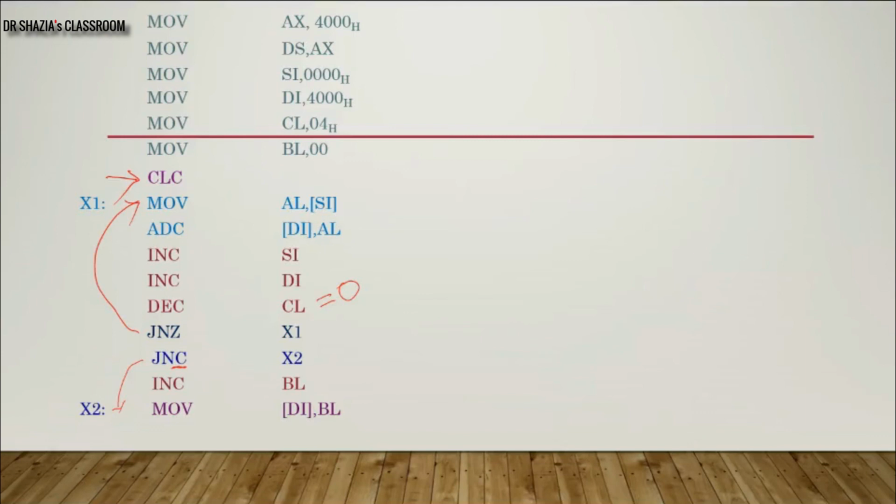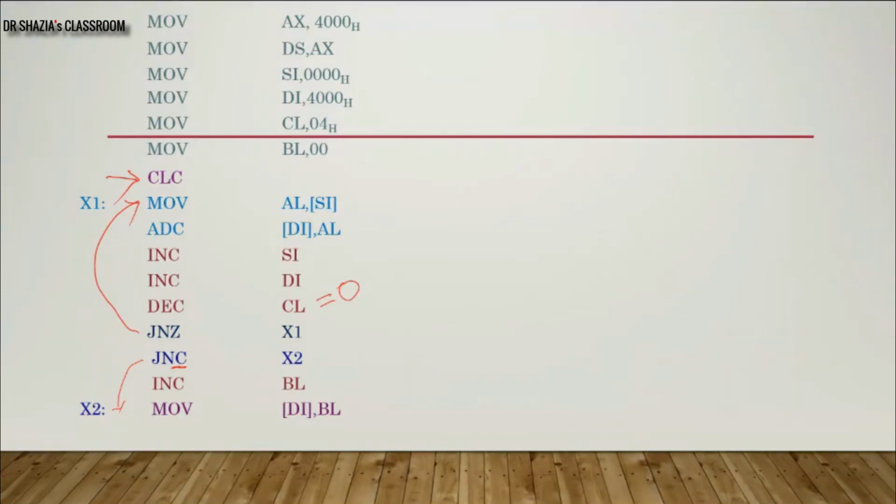So if during add with carry a last end carry is generated, it will be there in the carry flag status, and that we can store. If that is the condition, then we will increase the BL register. If the carry flag value is high, we will increase the BL value. If not, then we will go to the next instruction, which is MOV [DI], BL.